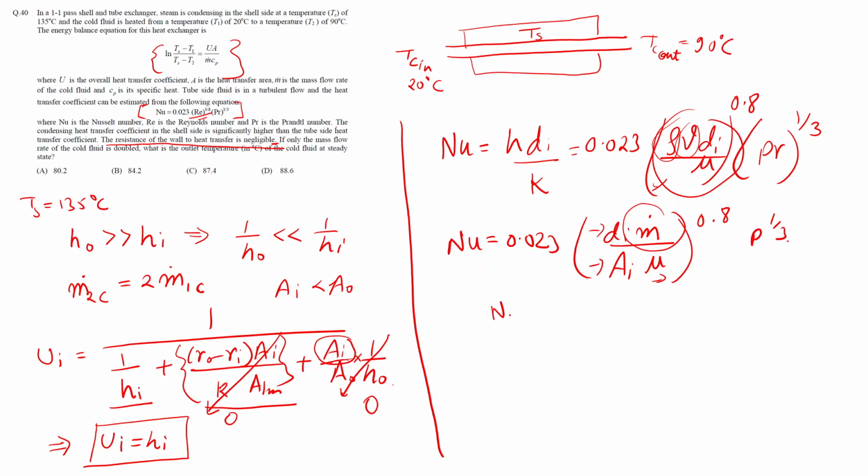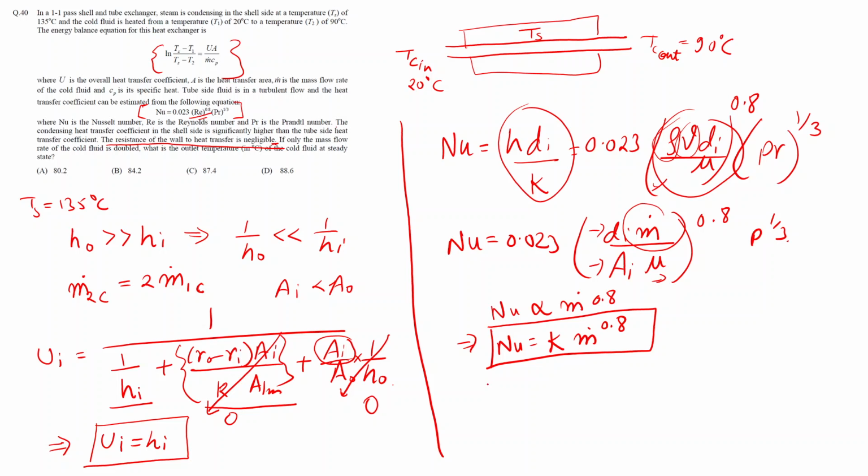So from this we can write that Nusselt's number is directly proportional to m dot raised to 0.8. So we can write it as Nu is equal to k times m dot raised to 0.8. So that is, we have the correlation between Nusselt's number and the mass flow rate. And then we can use this Nusselt's number as h Di by k and write it as h Di upon k is equal to k